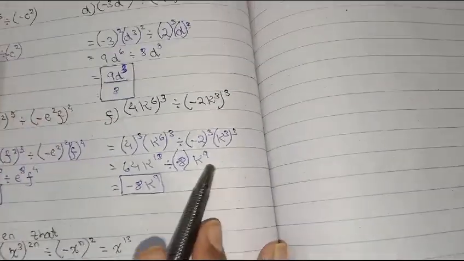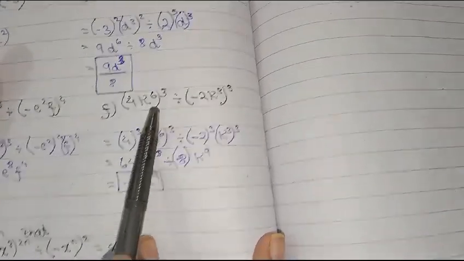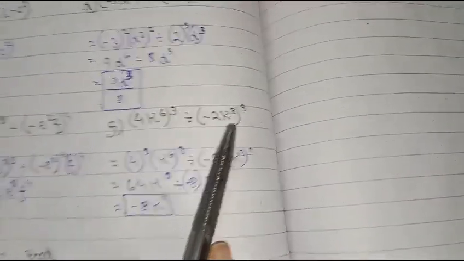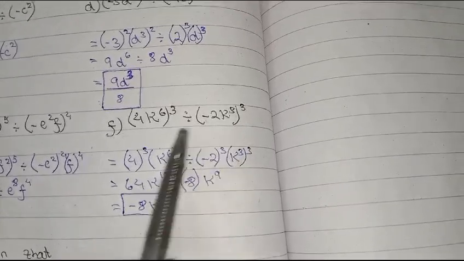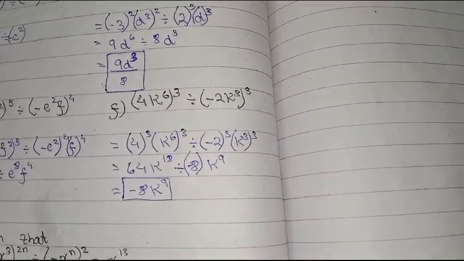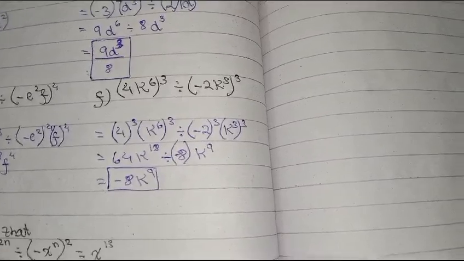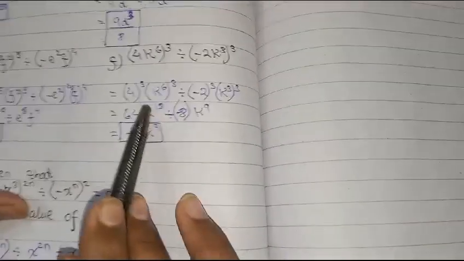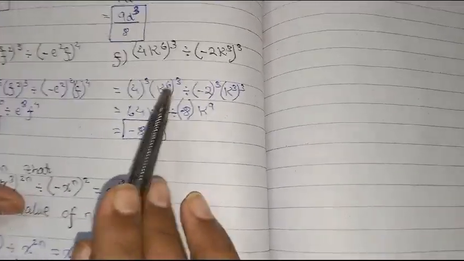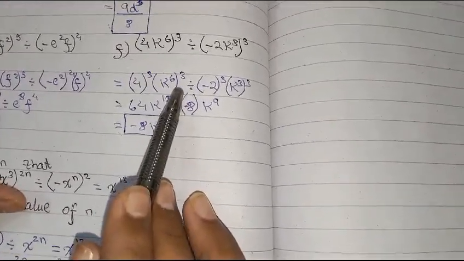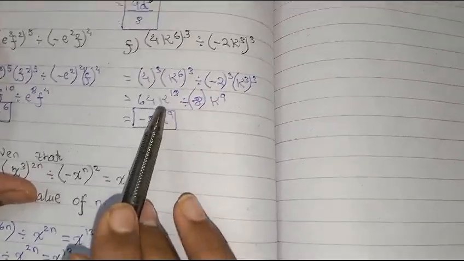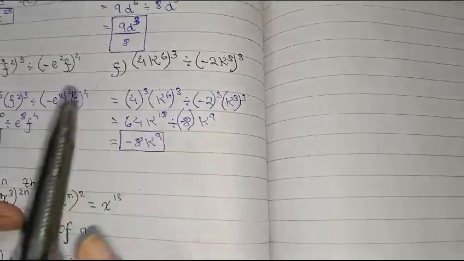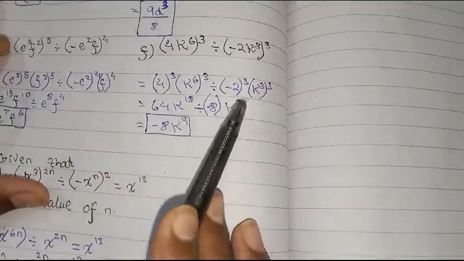Moving on to the last part of this question: 4 k power 6, bracket, cube, divided by minus 2 k power cube, bracket, 3. We will distribute, applying the same method as in the previous questions. So 4 cube will be 64, and the k powers will be multiplied, so we get the result 64 k power 18 divided by